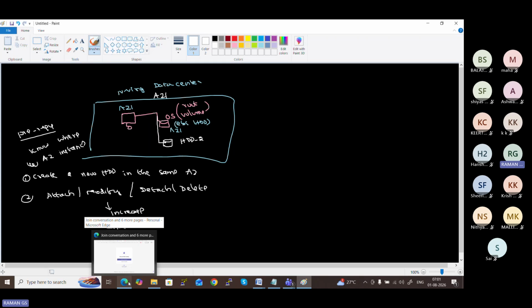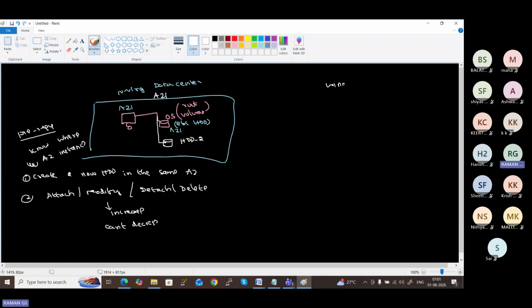Or Python, you can run your Python either in your Windows laptop or in your Linux machine. Linux machine instance, you can launch a machine in AWS. If you create an AWS account, you will be given $200 credit. So you can launch one instance. Here you can configure this Linux. We are going to use Ubuntu.